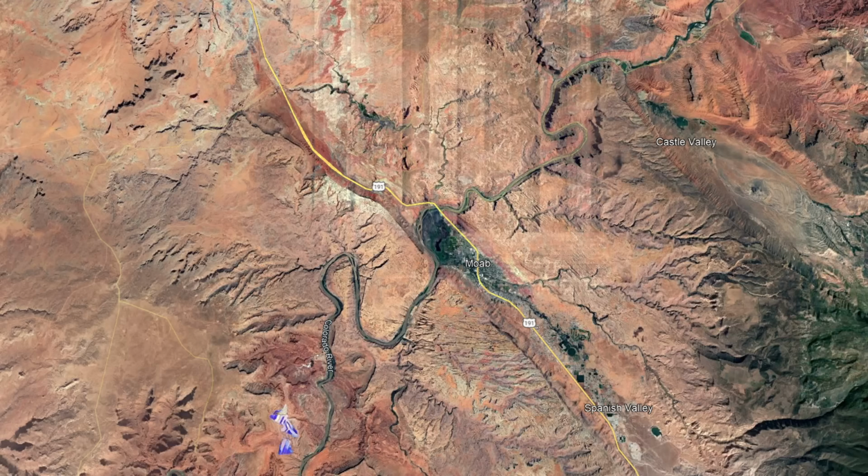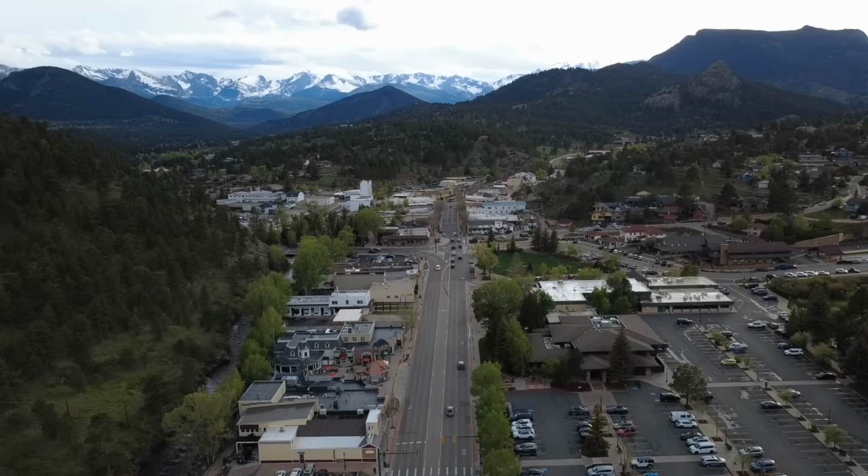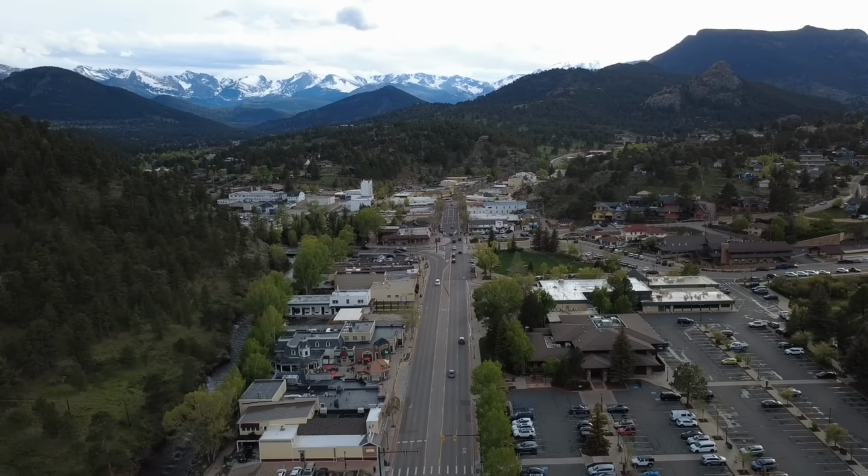One more is Moab, Utah, which is centered right in Red Rock Country near Arches and Canyonlands National Park. And they got me on this because I'm going there next week, and who wouldn't want to? It's beautiful. But this leads us back to Estes Park, because it likely takes advantage of this better than anyone,